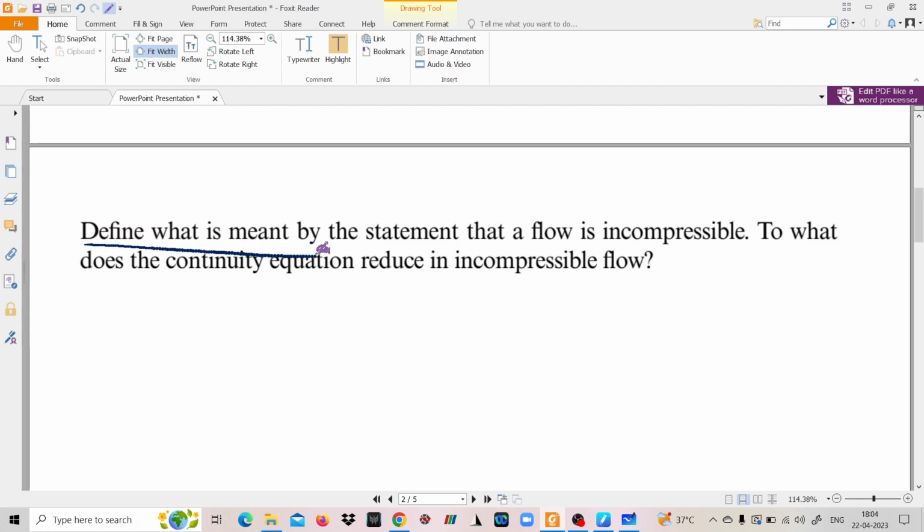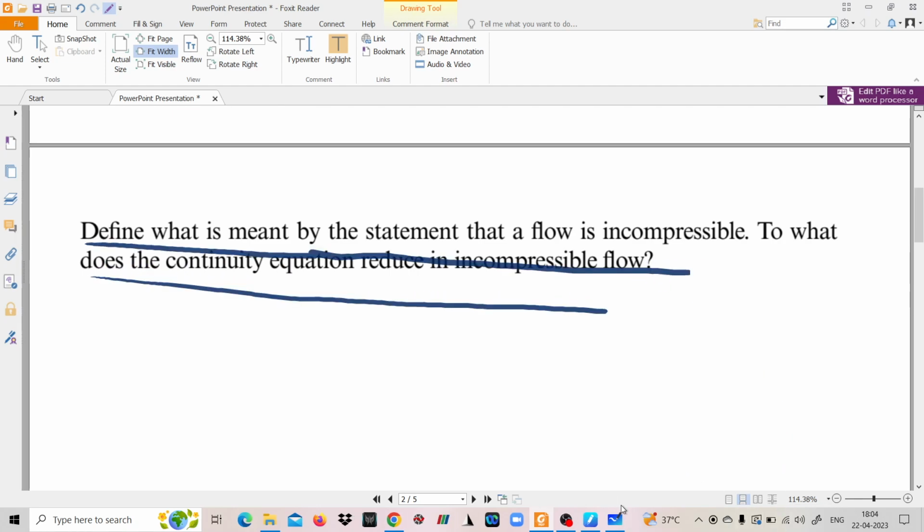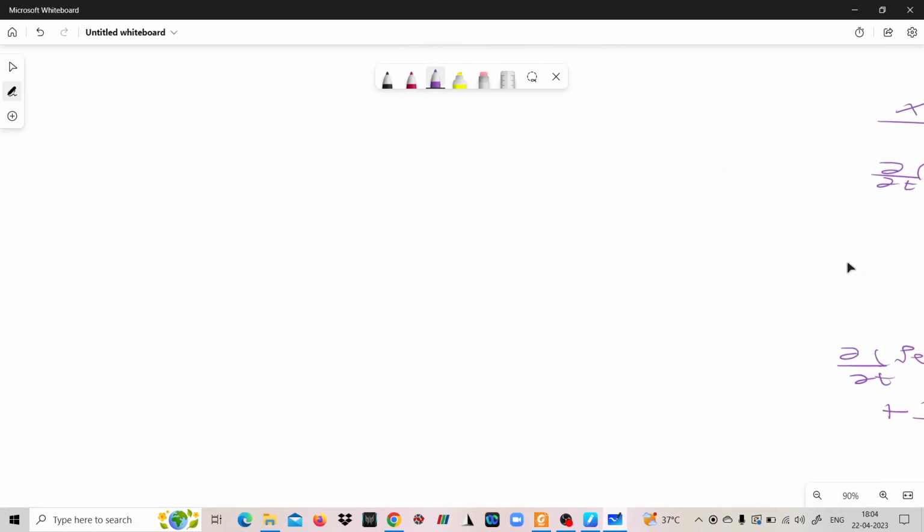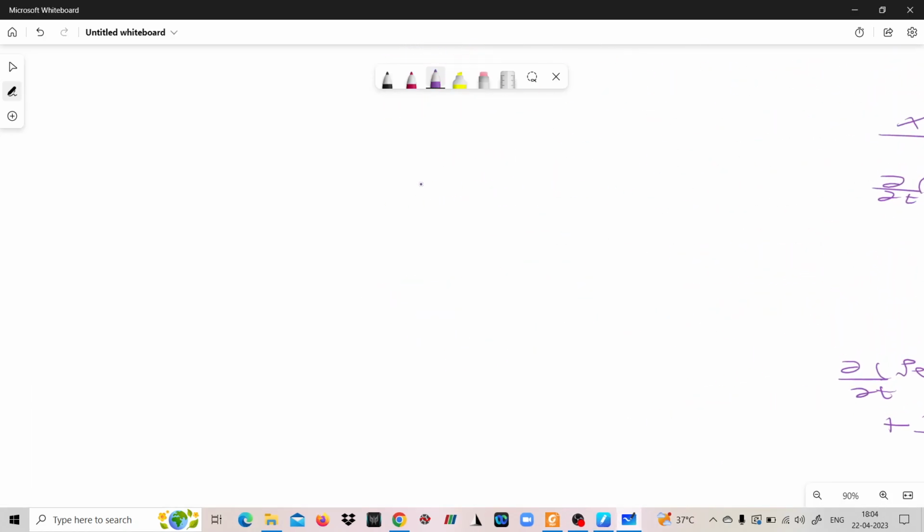Define what is meant by the statement that the flow is incompressible, and to what does the continuity equation reduce in incompressible flow. Okay, so what do you mean by incompressible flow? When we say that the flow is incompressible, we basically mean that density is constant. Now if density is constant, then if you write the general continuity equation,